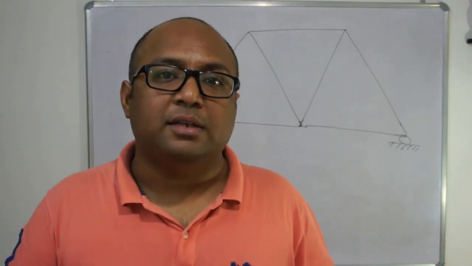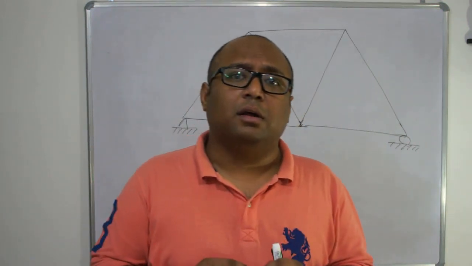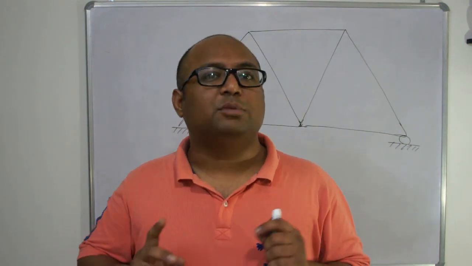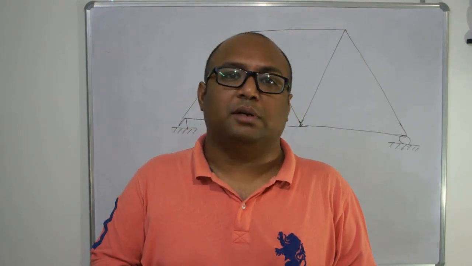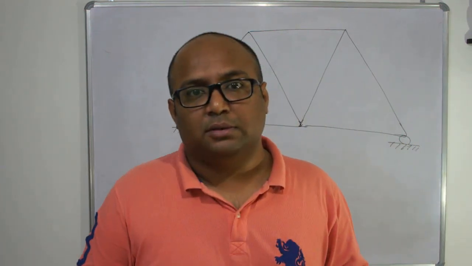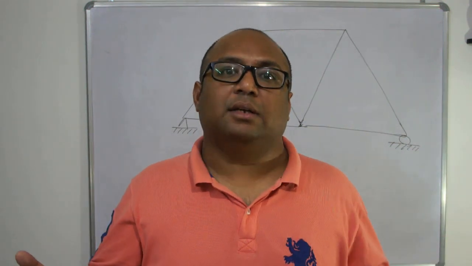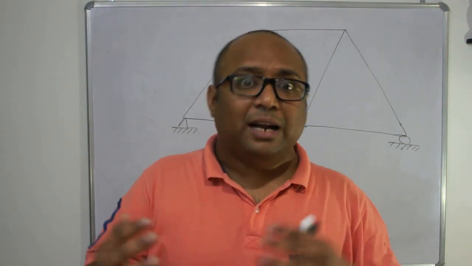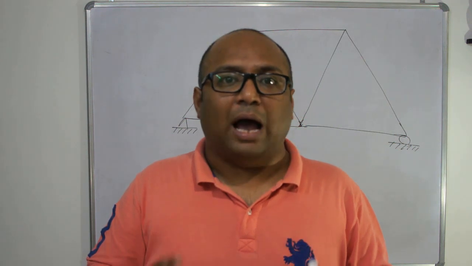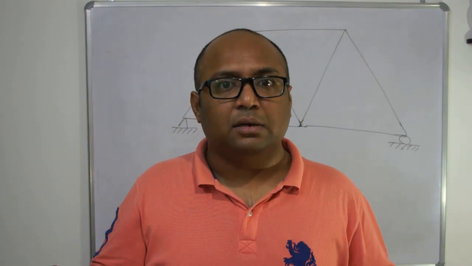Let us try to understand the sign convention in case of a truss. This is very important because all the members, as per the assumption in our truss, are two force members. So they may be experiencing either tension or compression. So how to decide how to put the arrow and what should be the direction of the arrow? To understand the direction of the arrow, I will suggest that you should always go for tension.